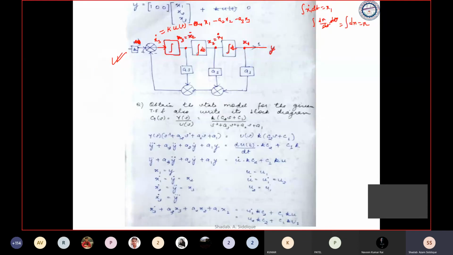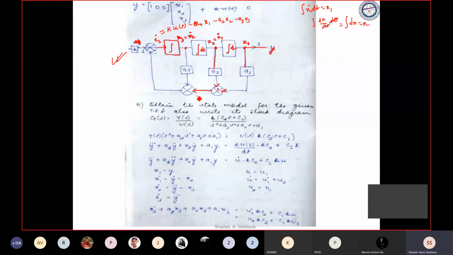So you can see here how we can write this x3 dot. We have x1, where is x1? X1 is this one. I'll multiply it with a1 and write here. Again we have a2 x2, so I'll take x2 from this point and multiply by a2. This will give you a1 x1, because no sign is given, so understood it is plus sign.